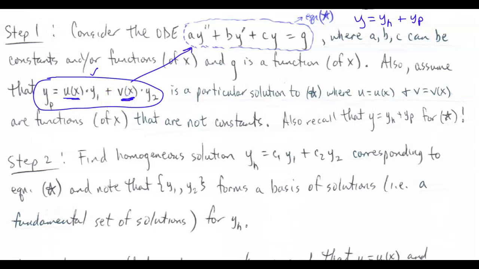Okay. And when we use superposition, superposition says that I can have linear combinations of functions that are in a basis. Okay. So whenever we're talking about the homogeneous ones, these are constants. So these functions here have to be constants in order for me to quote that, hey, I know that this particular equation has another solution based upon superposition. Since this u of x and v of x will not be constants,